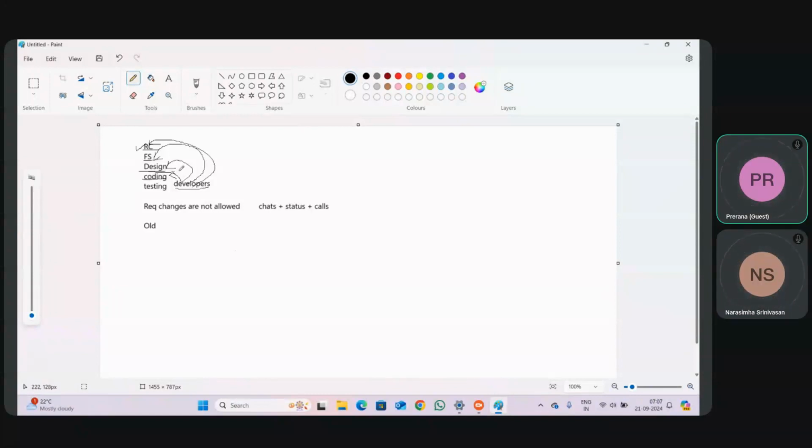Developers doing design, again it is not their job. They lose interest, or they might take some time. Similarly, coding is their job, so they will be doing that perfectly, 100%. Next, testing also they want to do, no?